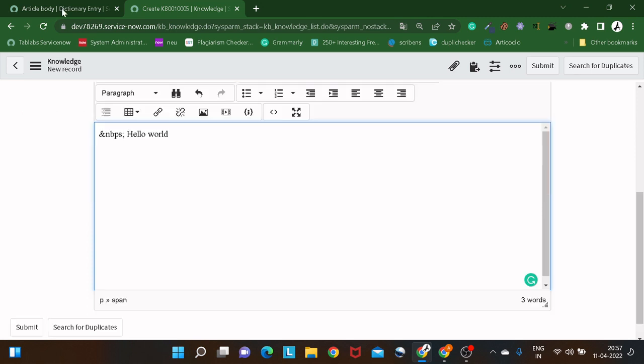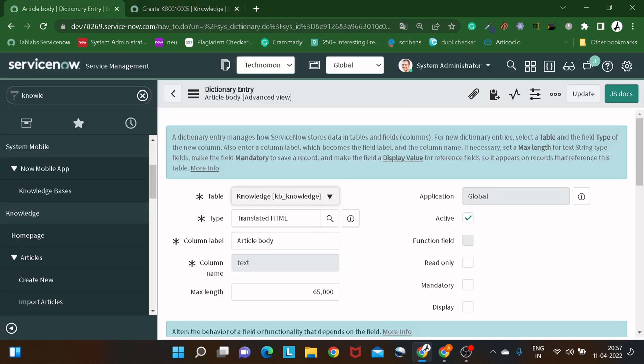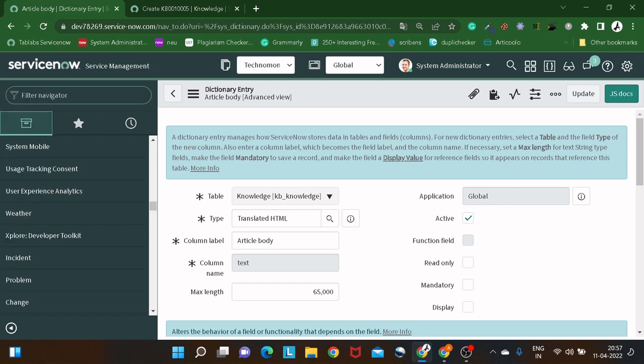Now this is not only restricted to knowledge base, you can do the same wherever there is an HTML field. For example, on the notification, we in our organization have standards on notification also, that it should have certain font, it should follow certain styling and all the things. So I can do the same thing on that also. Or if you want to explore more options, you can go to dictionary,